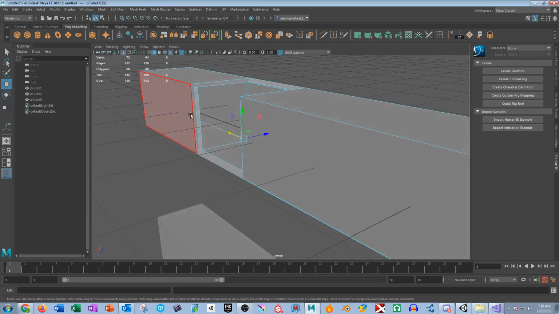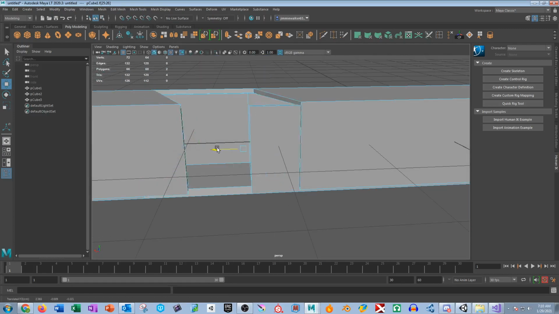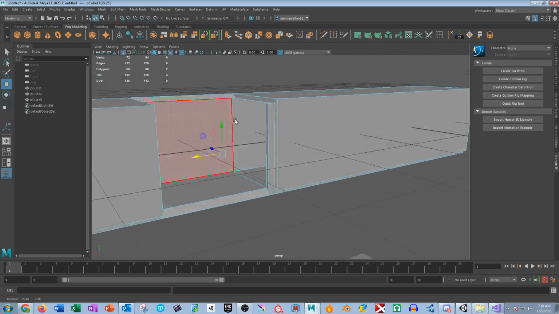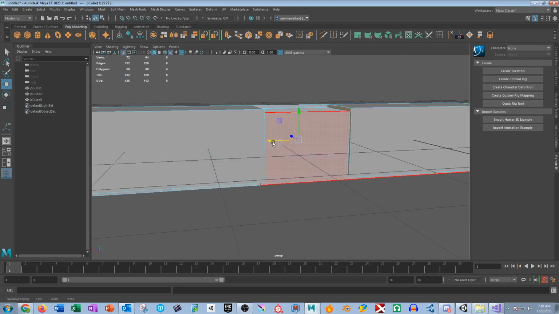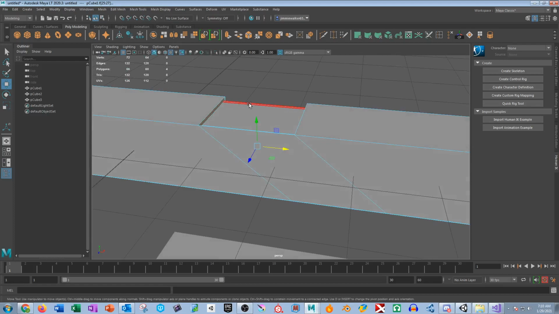So wait, this goes back. I actually want to select these right here and move these forward. Also need to select these up here. And now I can move these forward. And so this part right here